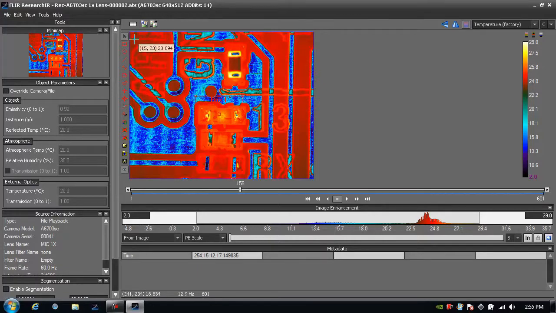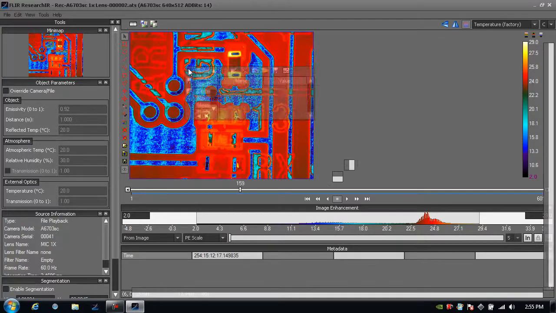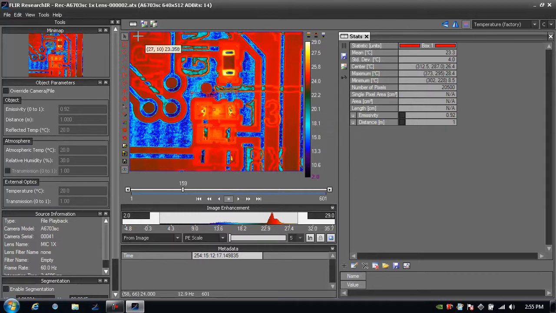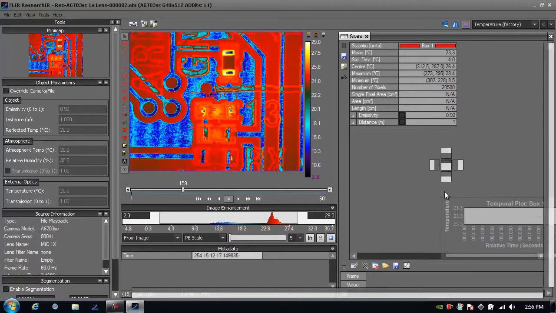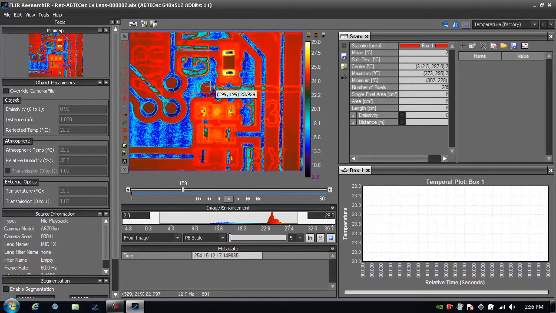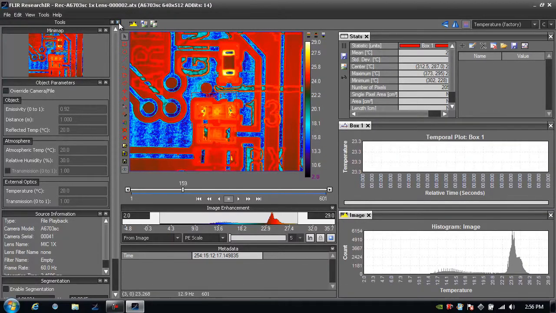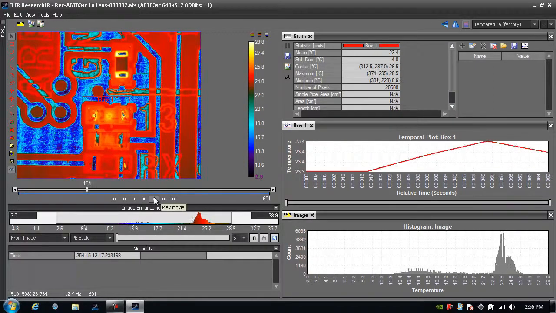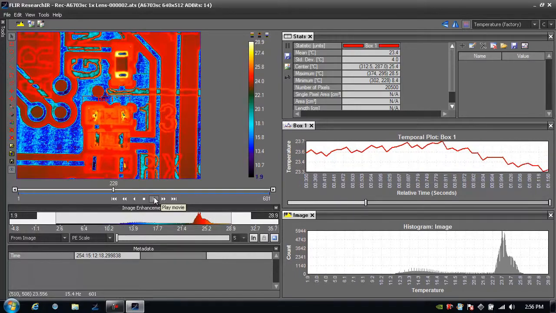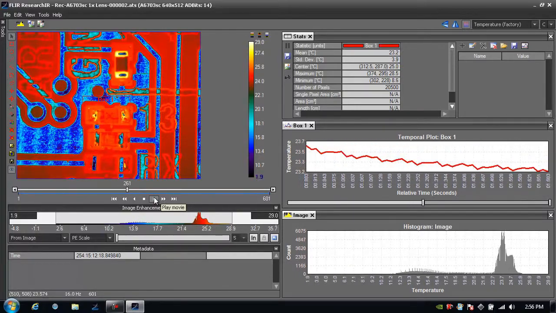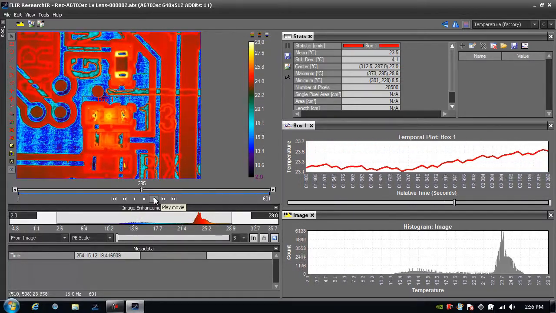So I'm going to create a box file and add a stats viewer that I'll dock. I'm also going to grab a temporal plot here, and I'm going to click on the image and add a histogram. And all these are available directly with that self-viewing file, that single small file that I'm able to share with other people. So we feel self-viewing files are one of the most exciting ways to share data in ResearchIR and